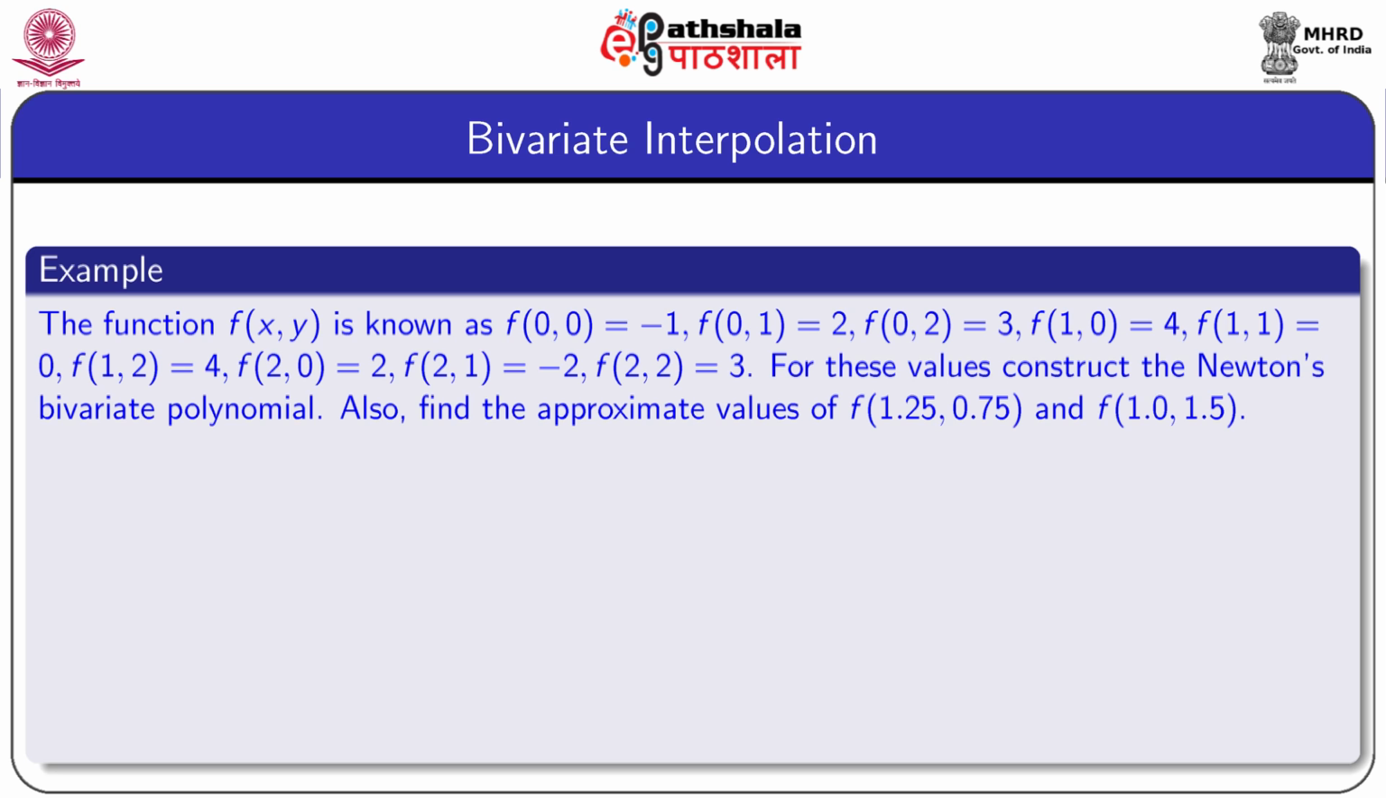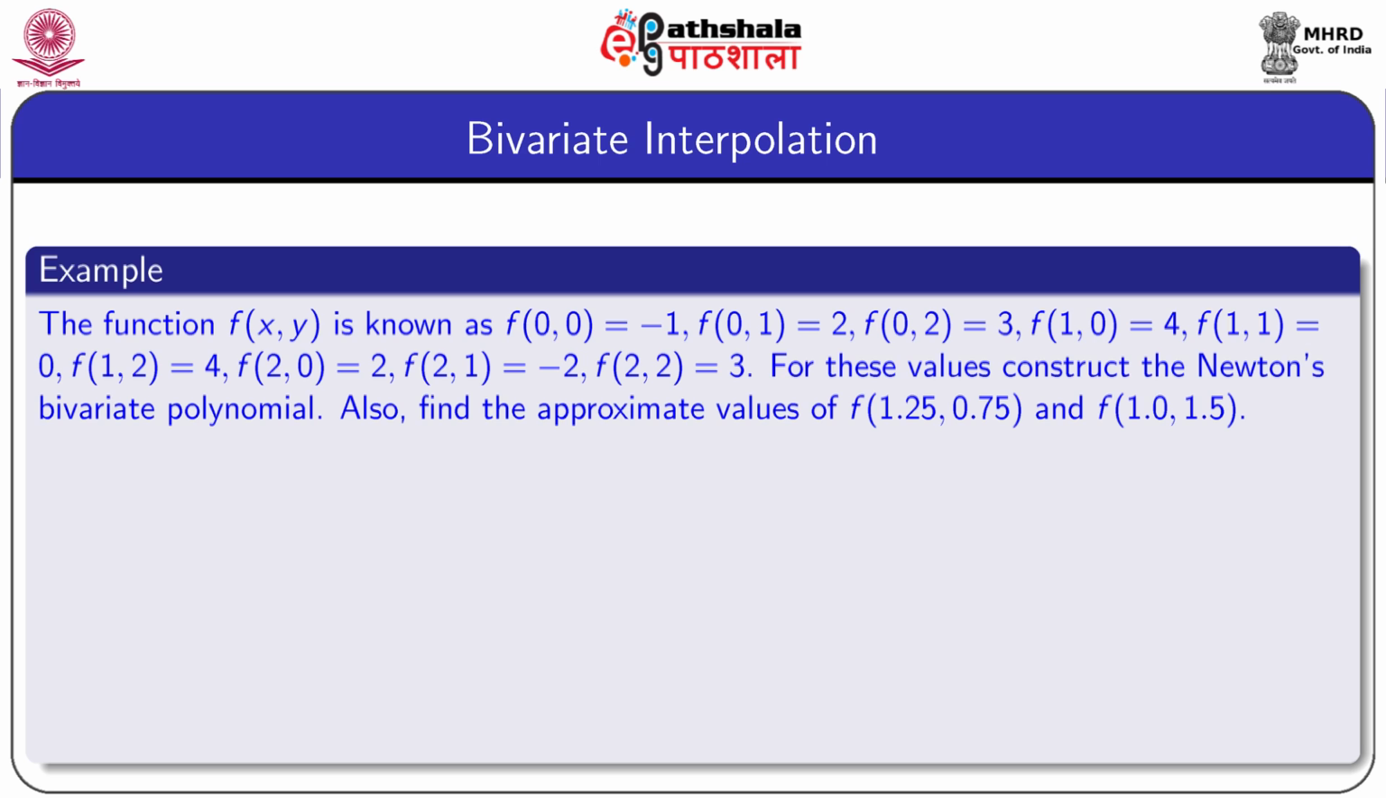Now, we consider one example to illustrate this formula. For a function f of x y, the values f of 0 0 equal to 1, f of 0 1 equal to 2, f of 0 2 equal to 3, f of 1 0 equal to 4, f11 equal to 0, f12 equal to 4, f20 equal to 2, f21 equal to minus 2, f22 equal to 3 are given. For these values, our problem is to construct the Newton's bivariate interpolating polynomial,